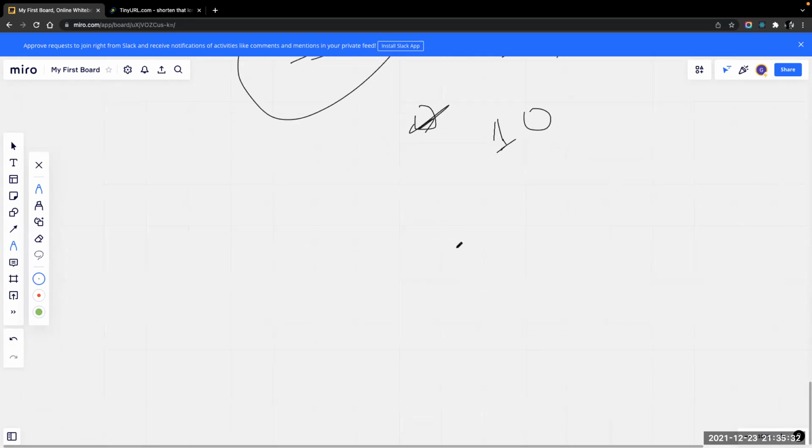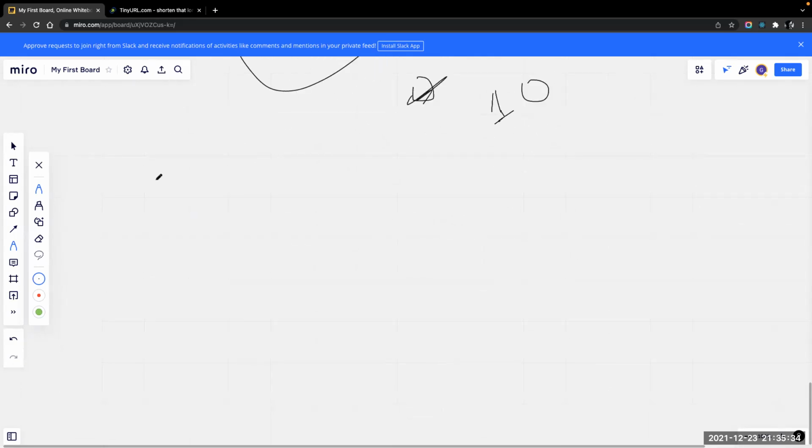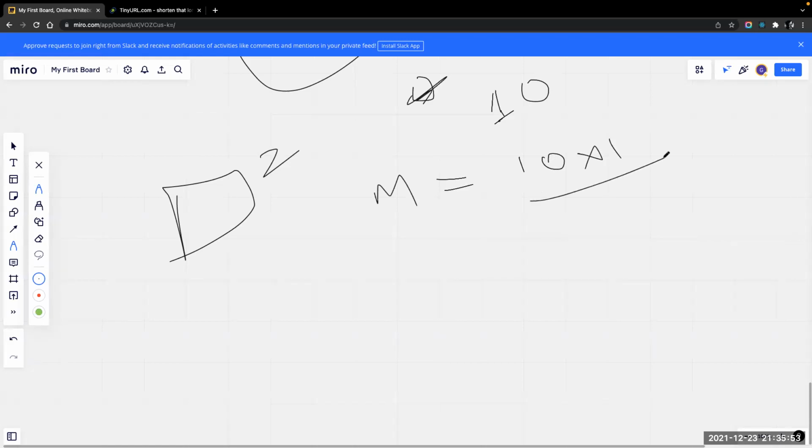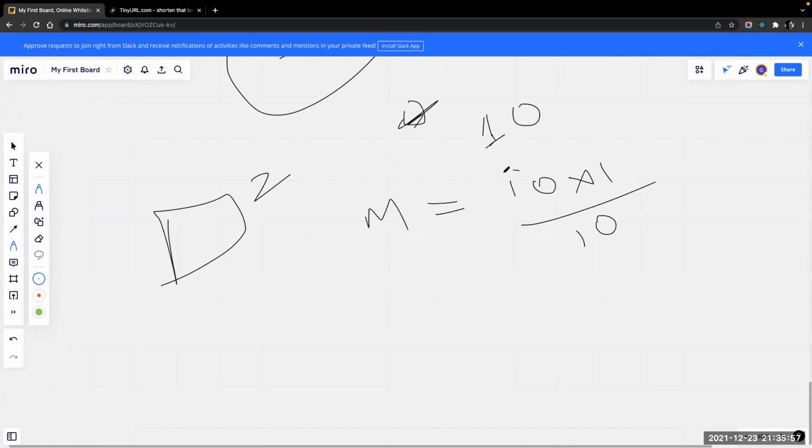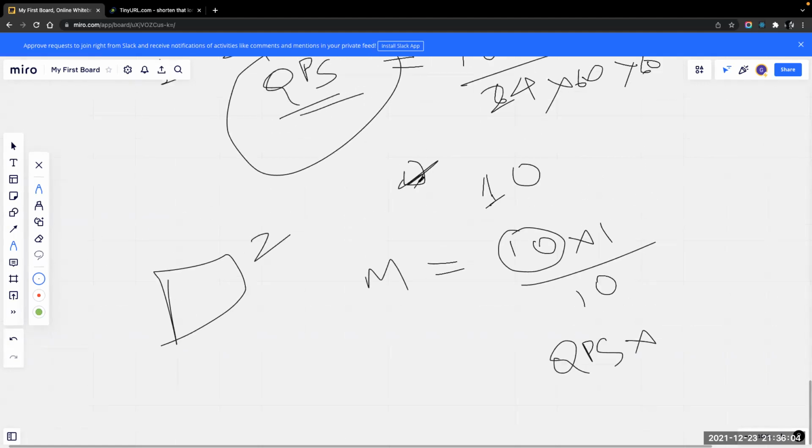Let's consider I don't know about this and I have bought hardware, a small computer which is going to work as a server, which can only support 2 people at a time. In that case, the number of master nodes I require would be 10 into 1 divided by 10. Why have I used this? This is the QPS into the master ratio.